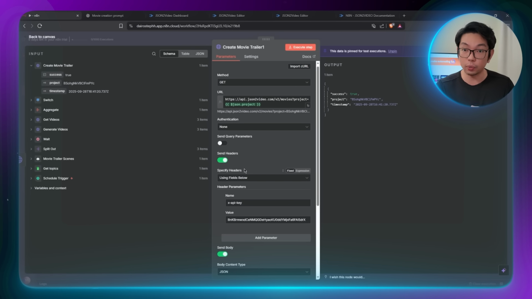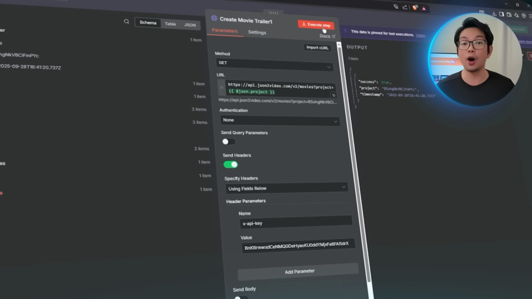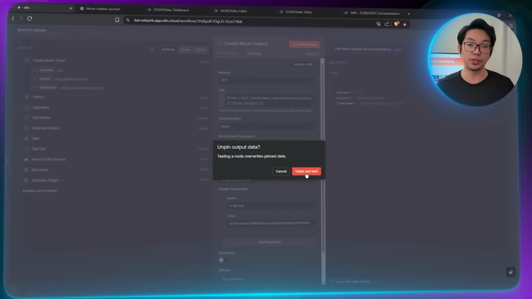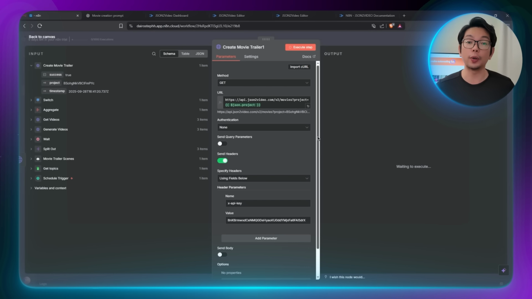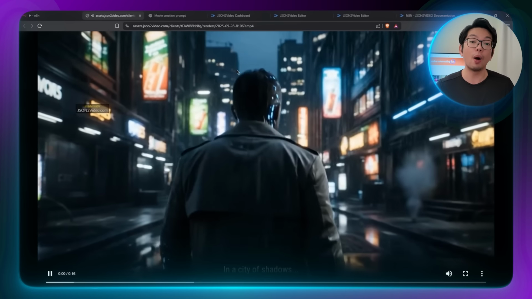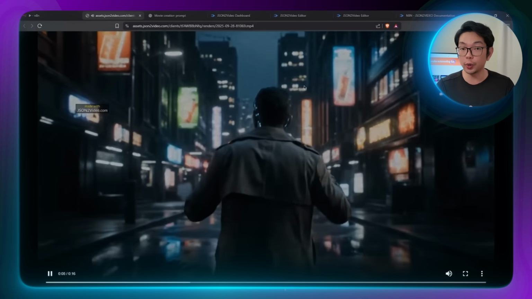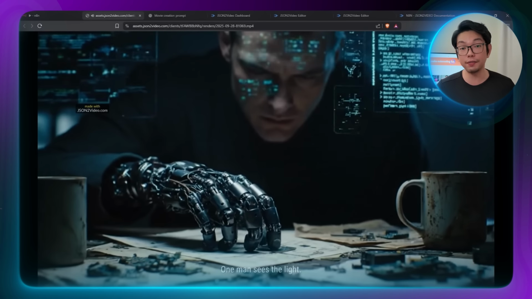Because this is a GET request, I'm also going to make sure the send body is turned off. Once everything looks set, I can now execute this step. And JSON to video responds with the current status of the movie, whether it's still rendering or is already complete. And from here, our workflow can now decide when to move forward, ensuring it only continues once the finished video